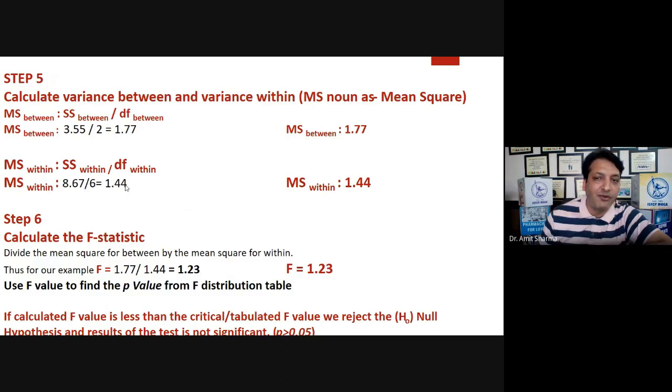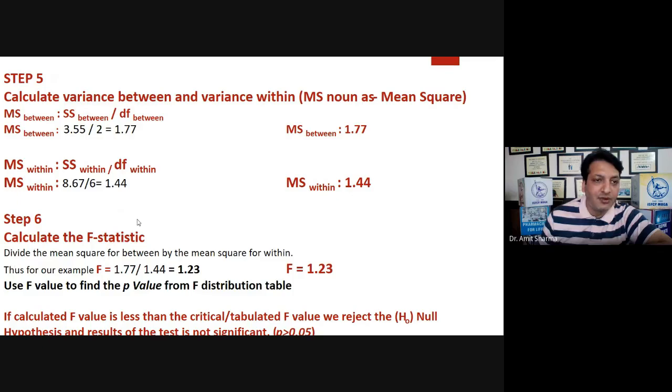We have got 1.44, and here we have the MS within, that is 1.44. So after calculating MS between and MS within, we can directly apply the formula of ANOVA, that is MST divided by MSE, that is treatment and the error.